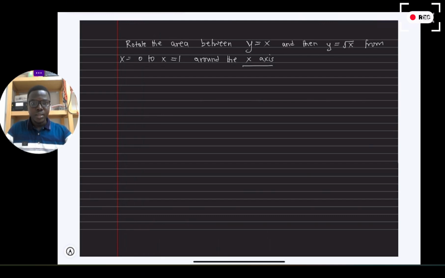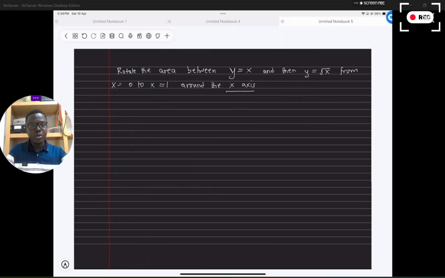meeting. But we are lucky. Some questions will not give you all the boundaries, but for this question we have been given the boundaries, and therefore there's no need for us to find the meeting points. So in such cases we don't have to find the meeting point. But in cases whereby we are not given the boundaries, which is x equal to 0 and x equal to 1, that means we have to find the boundaries, or the point at which they are meeting. And even this question, you can actually solve it by